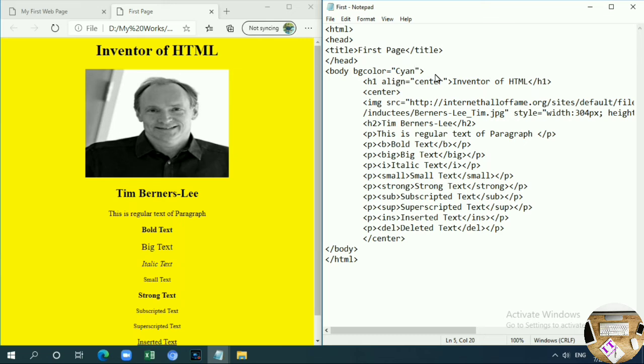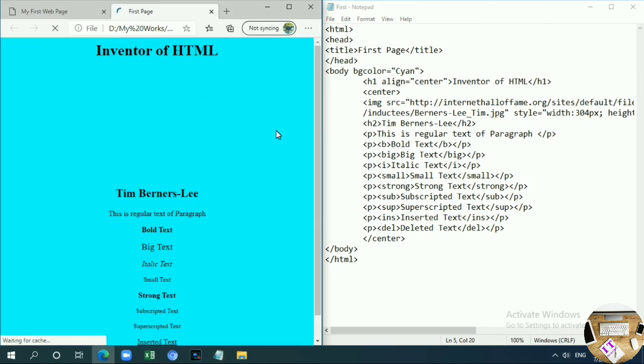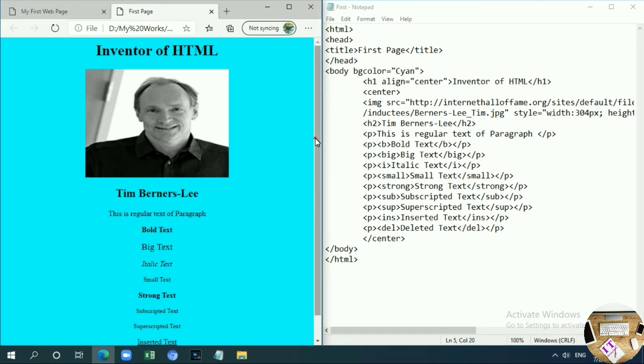Okay, I'm saving. It is saved. Then I'm coming here and refreshing. Look, this is another color, not sky blue, a little different from green. Okay, I gave cyan. Then the next one is H1. Do you know what I mean by H1? H1, H2, H3, H4, H5, H6 tags are there. These tags are used to apply headings. So the H1 tag is the biggest size heading tag. Understood?